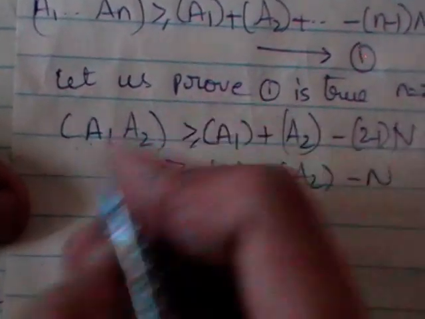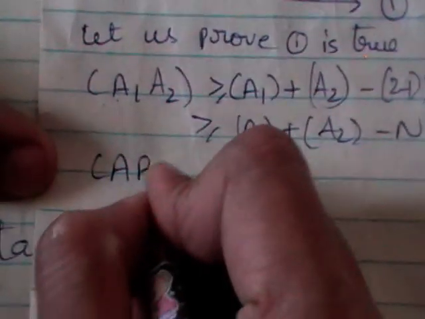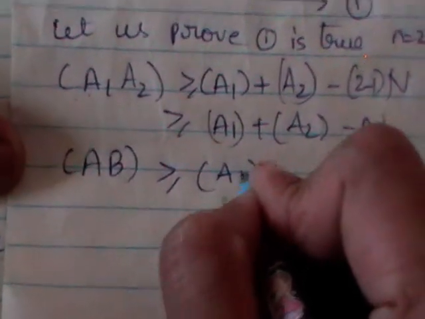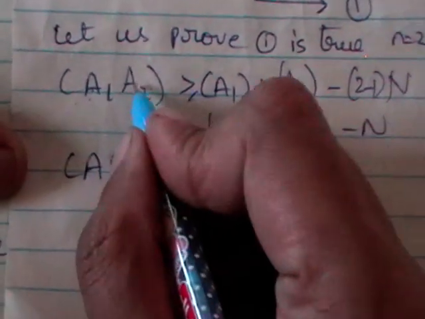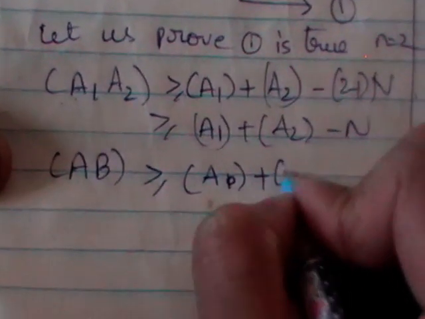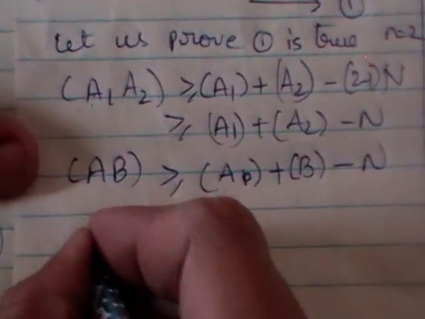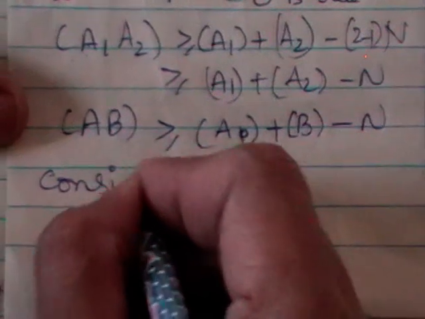So we can take in place of these the same statement as ab, because we are using ab. I am going to write a instead of a1 and b instead of a2, for our convenience, just to get simpler steps. So for that, consider, you need to prove this. For that, consider